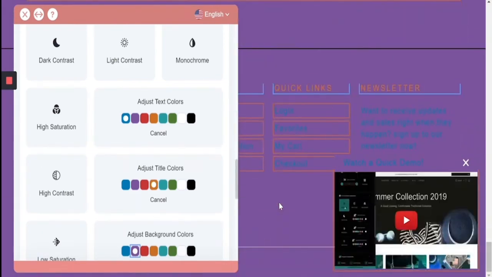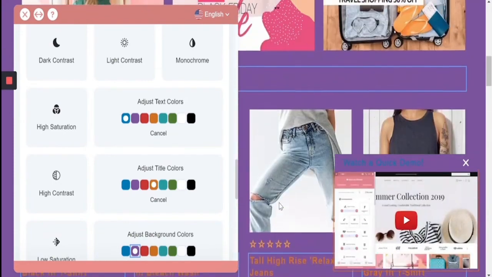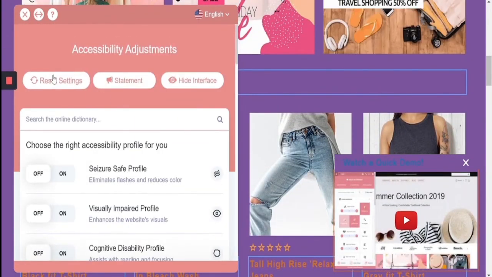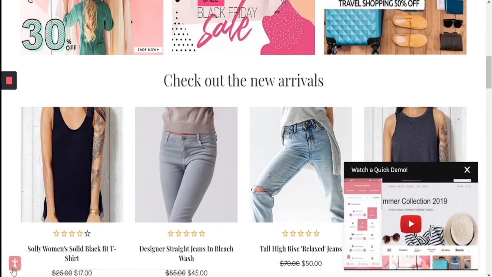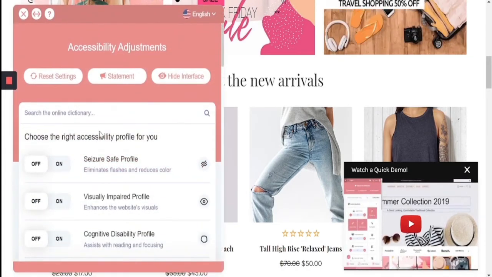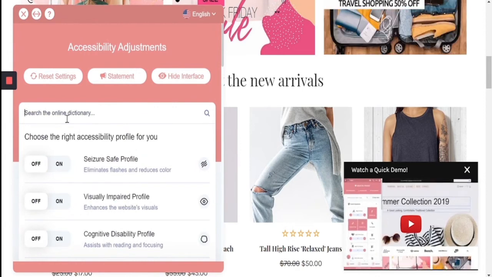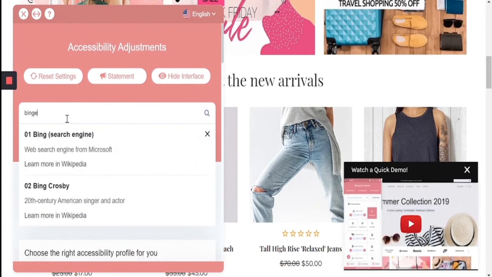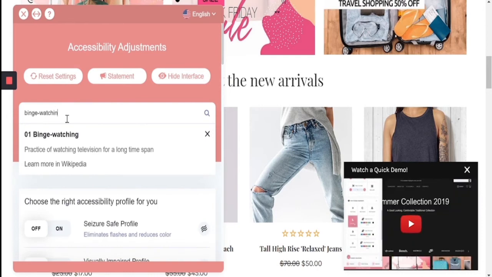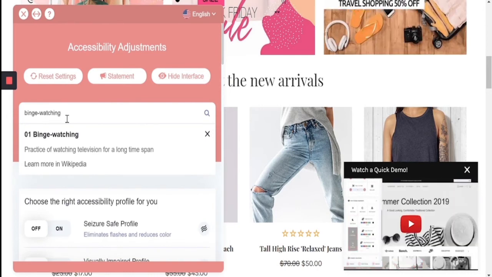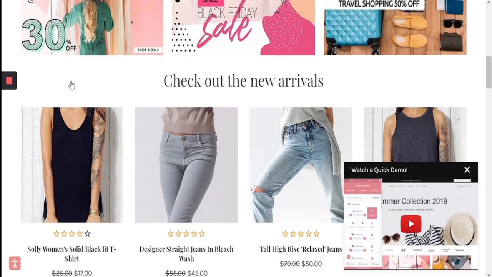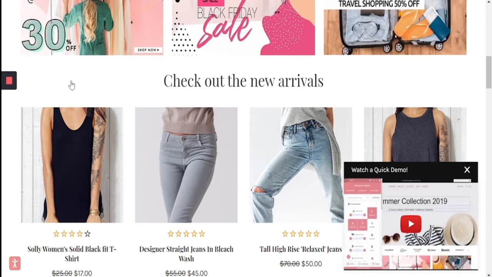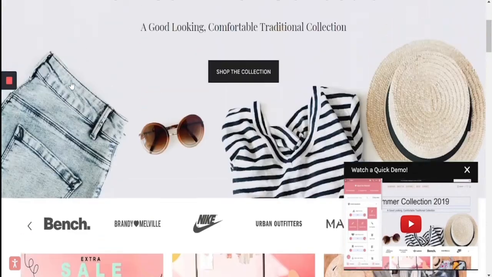The last thing I'm going to show you on this interface, which has over 75 other features, is the Cognitive and Learning Glossary, which allows users to look up and understand certain terms and phrases like binge watching. Great. Now that we covered this, let's get into the backend application, which, as mentioned before, mostly relates